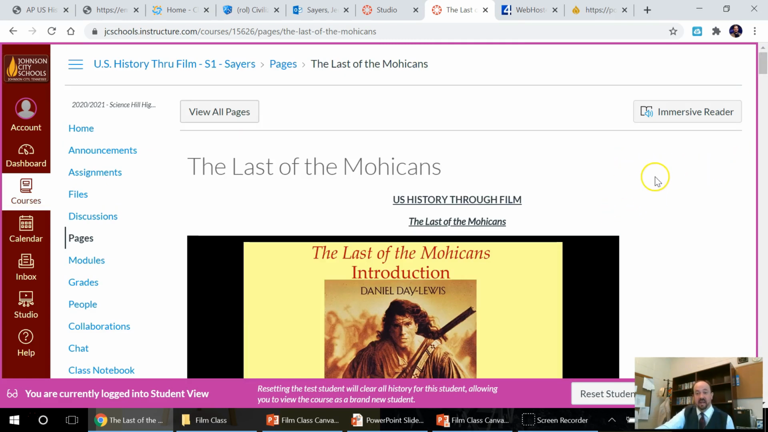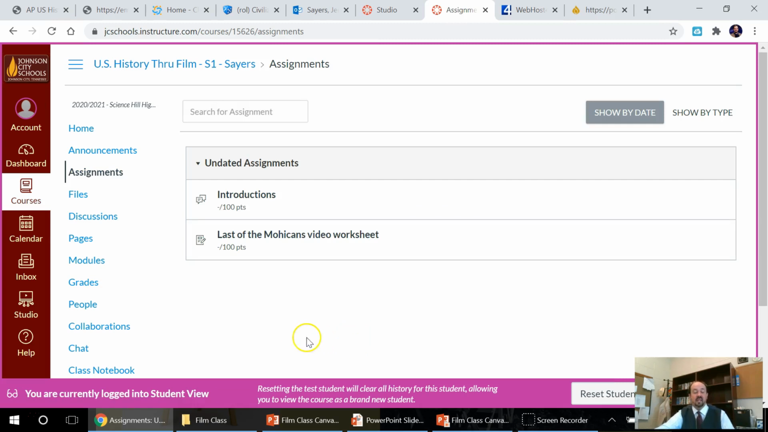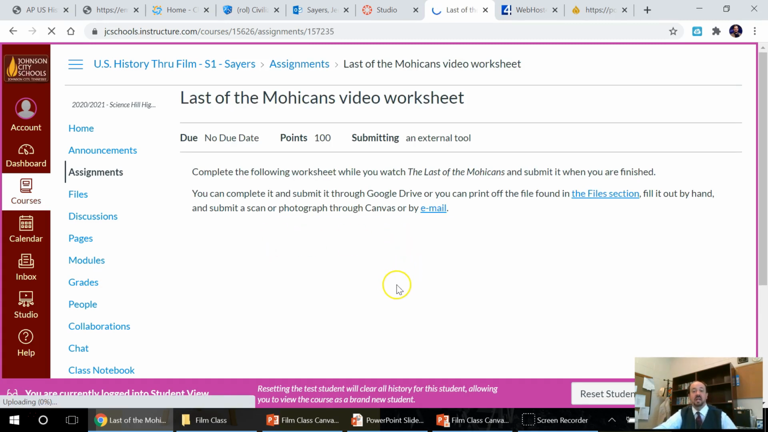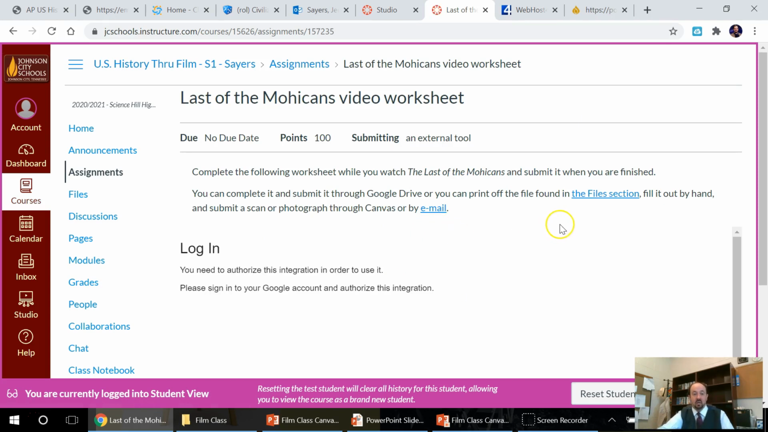Some movies can be found online in various ways. There will be directions for each specific film when the time comes. Most movies will have an assignment to go with them, again linked through the announcement. The assignment for Last of the Mohicans, for example, and for most, is a video worksheet, which you can log into through Google,